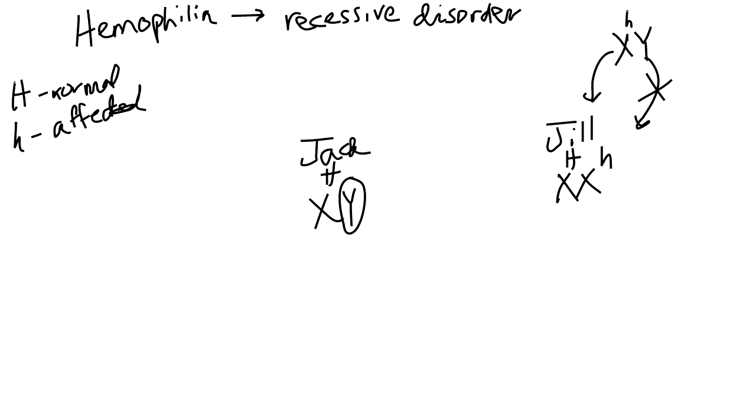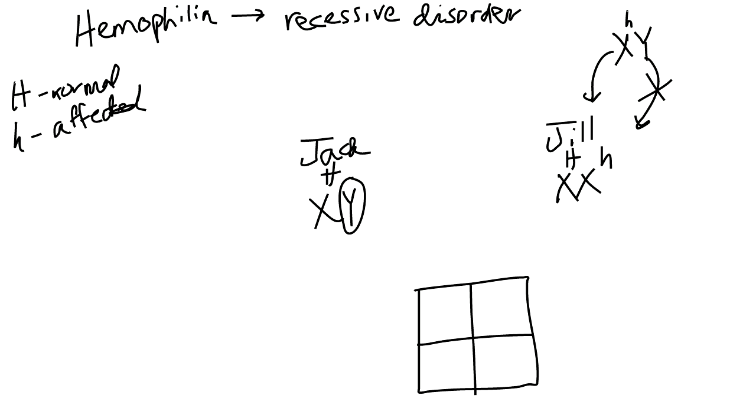So let's set up the Punnett square for this cross. And it's very important when you report for sex-linked disorders that you report male children versus female children because, as you're going to see, it's much more predominant in an X-linked disorder to see it in the males because they don't get two X's, they only get one. So they either have the disorder or they don't. Males can't be carriers. All right, let's put Jack across the top. So we'll put his X big H here and his Y here. We'll put Jill's down the side, so she has one X big H and one X little h.